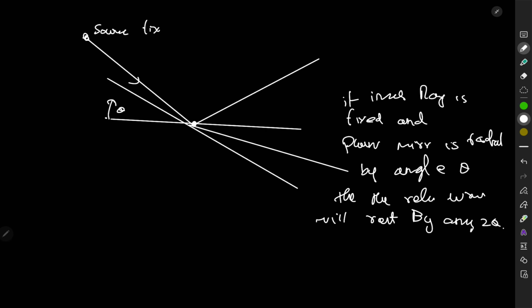Okay, incident ray fixed. If the plane mirror rotates by theta, the reflected ray will rotate by 2 theta. Okay,